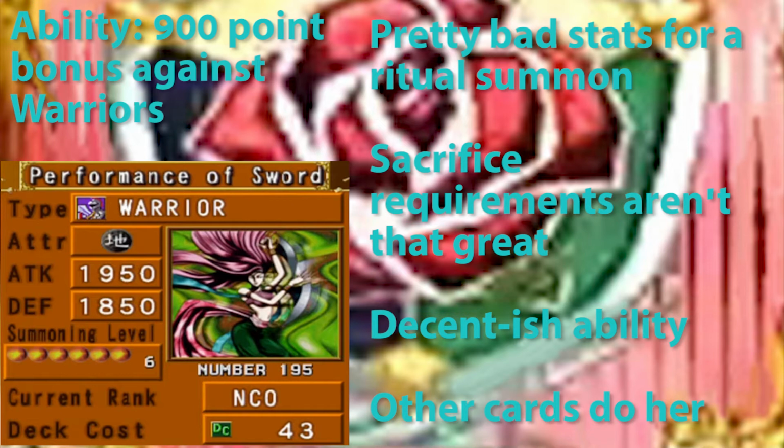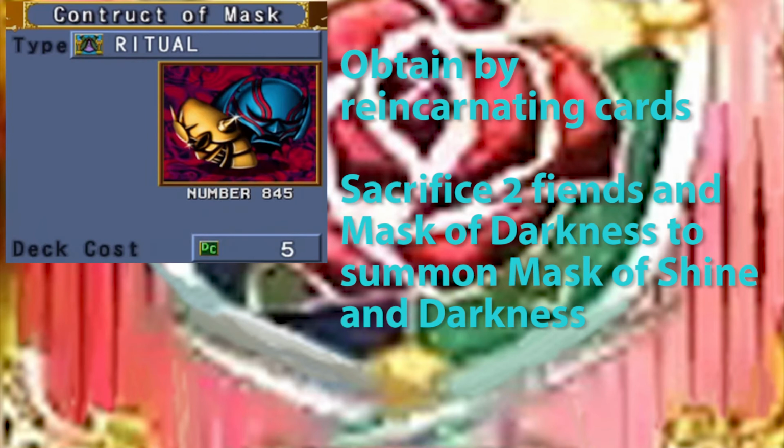Her sacrifice requirements are pretty bad, her stats are also pretty bad for a ritual summon, and her effect is rather situational. Personally, I would say only go for this card if you're a fan of it, or if you're looking to just really hard shut down a warrior deck. But if you are, then might I turn your attention to Construct of Mask, which you get by reincarnating cards,